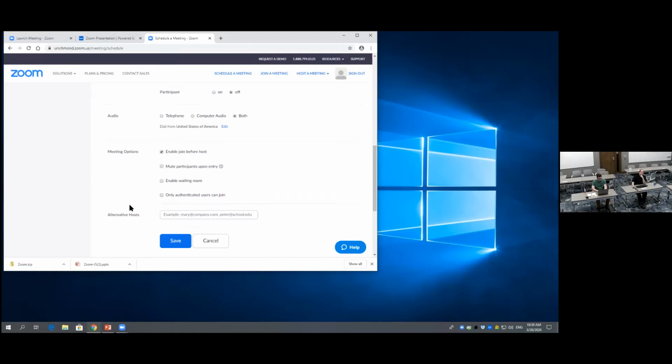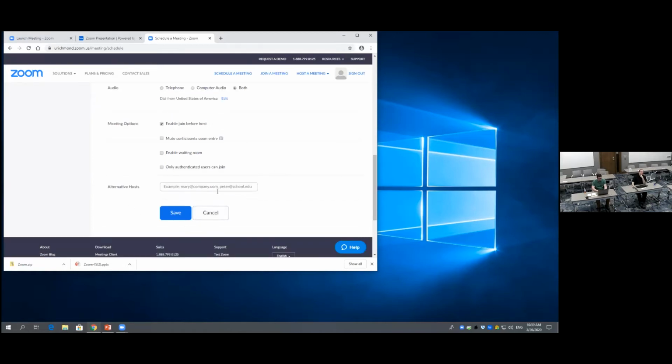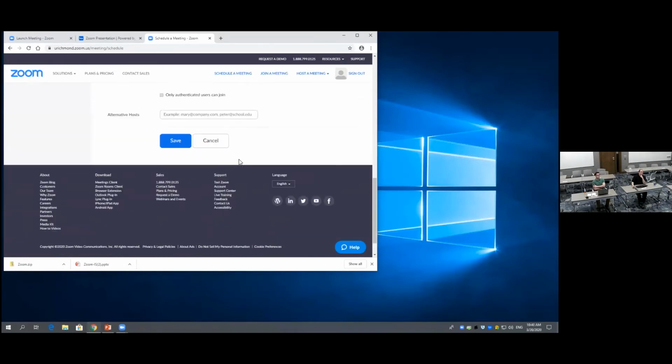In this field where it says alternative hosts, you have the ability to add another participant to the meeting as a host as well. You can put their credentials in here, essentially their email address, Richmond address. If you don't remember to do this here, but then you start a meeting and realize, oh, I wish I had made someone my co-host, for instance, John is co-host in this meeting, you have the ability to change that once the meeting has begun. We'll go over that a little later. But so, going back up,